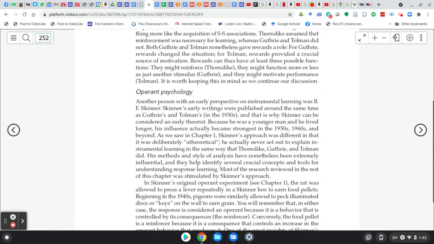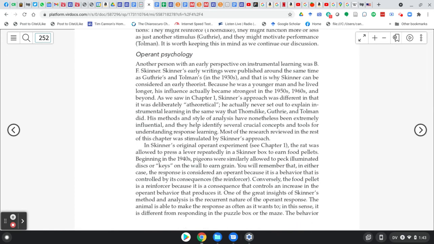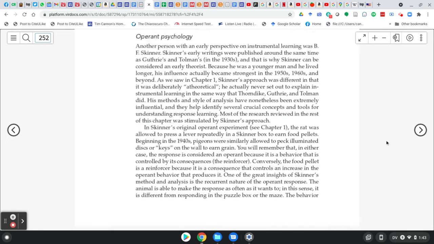But the meat of the chapter for me is this operant stuff. This is where I would bring in the tech, and I'm going to ask you to understand the tech. So Skinner was very clever. His doctoral dissertation was a book, and he was very good in the lab. He designed things, he invented things,